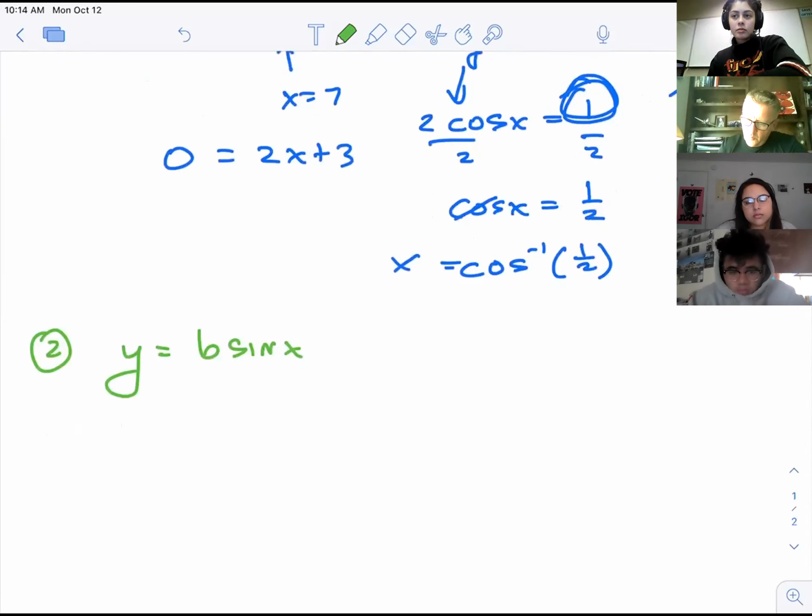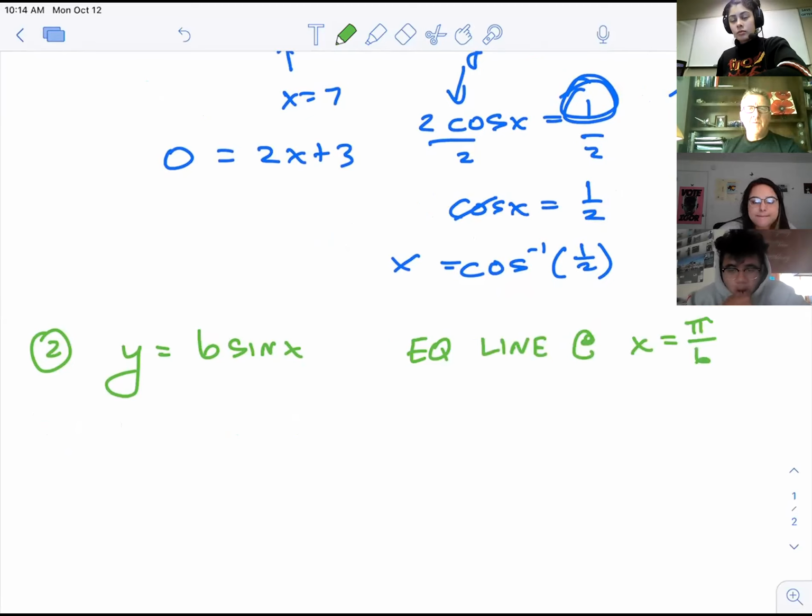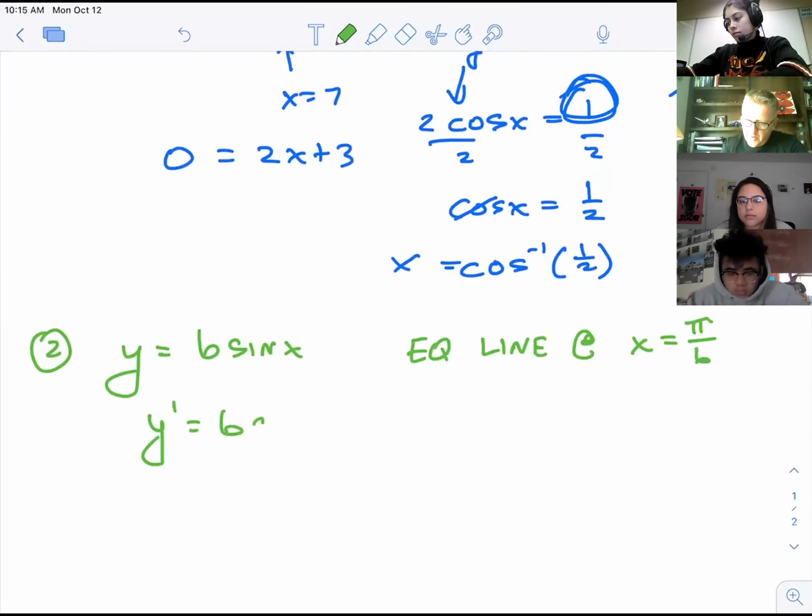And you were asked for the equation of the line, not just the slope, but the entire equation of the line at x is pi over 6 or something like that. It was some question that was similar to that. And that's pretty daunting. That's like everything we've done rolled into one. It's very sterile, but it's all rolled into one. So you say, okay, easy. I know how to take the derivative of sine, it's cosine, and the 6 just comes along for the ride. And so